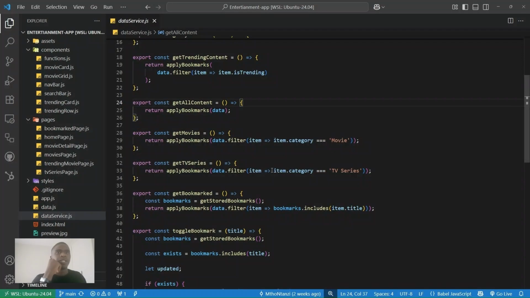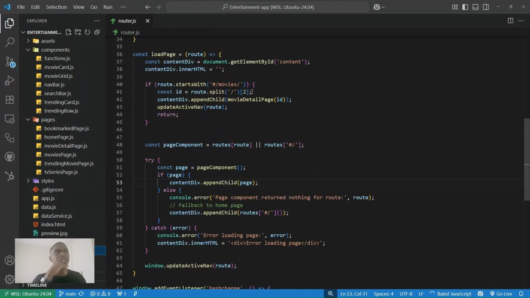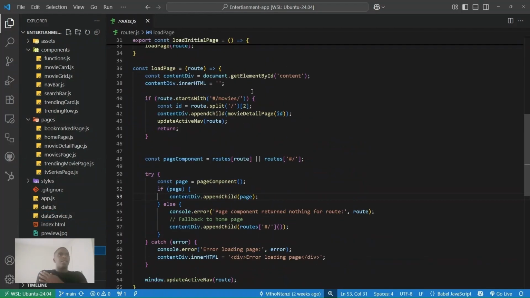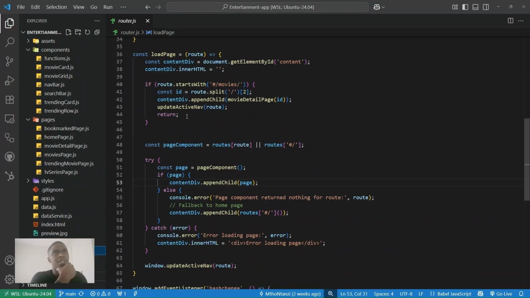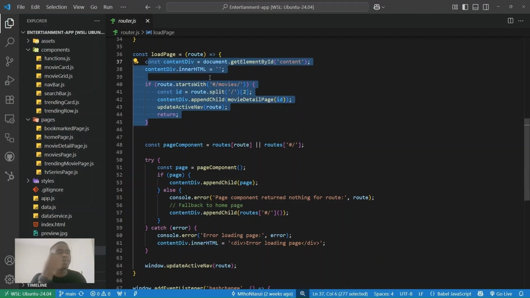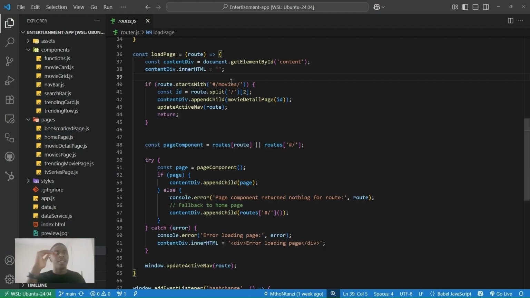From data service, I want to go to router, and I think this is the final piece of code I'll show. And yeah, I want to actually show load page. So this piece of code right here is actually what makes this a single page application. Because whenever the route changes, whenever the URL changes, this function is going to fire every time. And the first thing that's going to happen, as you can see here, you're going to get content div